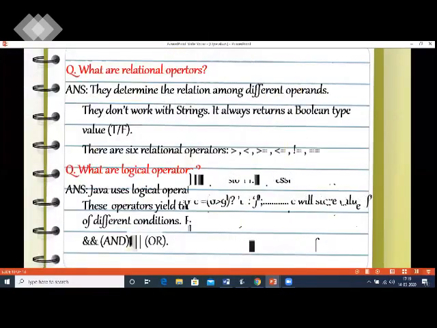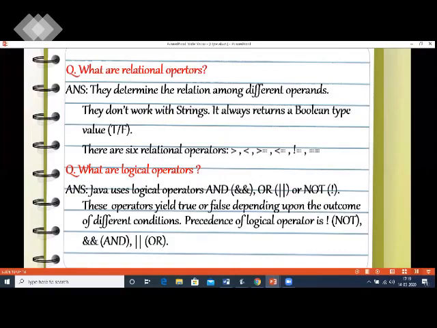What are relational operators? They determine the relation among different operands. Already in maths, you have solved these kinds of expressions. They don't work on strings. They always return a Boolean type of value, that is either true or false. There are 6 relational operators: greater than, less than, greater than or equal to, less than or equal to, not equal to, and equal to.